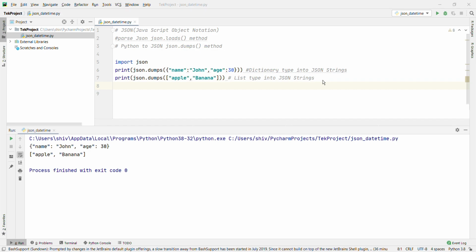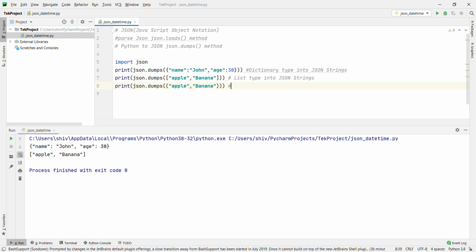Now I'm going to convert a tuple. Print json.dumps and then pass the tuple apple, banana.